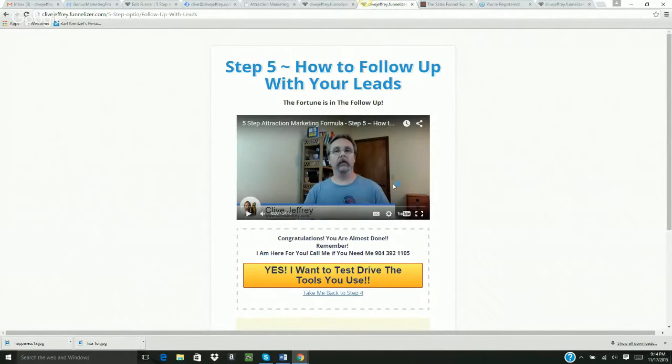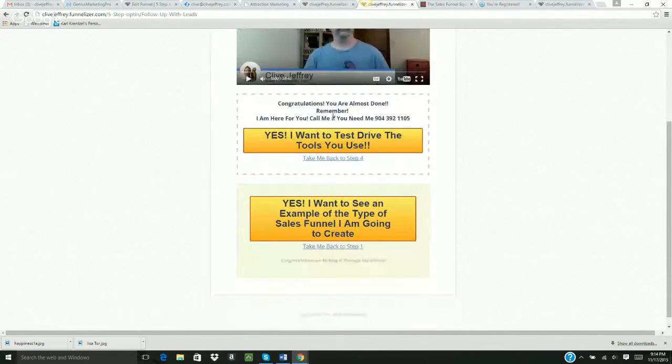So there you can see it's a fully comprehensive funnel, and you can see the process that they get taken through. This one really provides a lot of value on the front end before you even ask for anything in return apart from their email. But that being said, what I will show you is, if we go back to step 1,